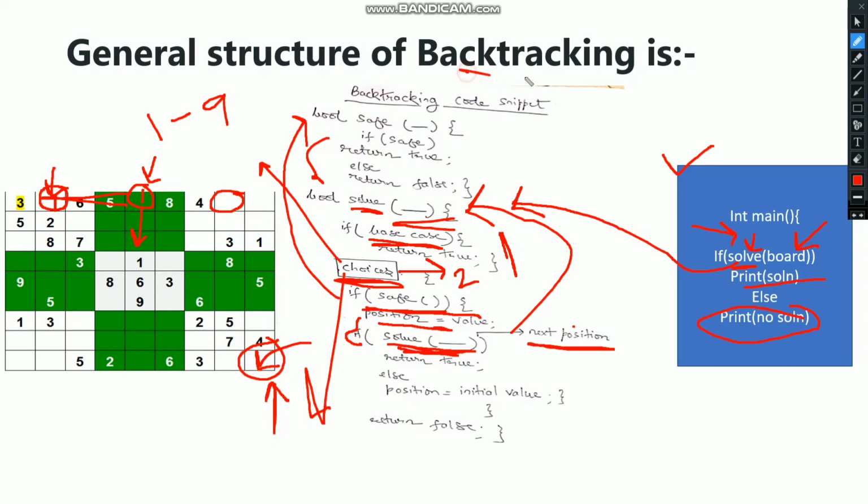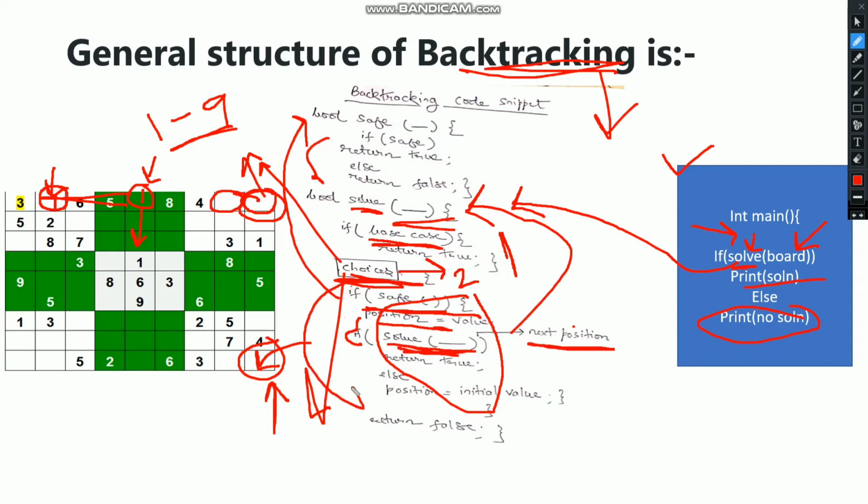So that's why backtracking is a very slow algorithm technique. Suppose in this position we have tried all the choices, from 1 to 9. This for loop basically puts in values ranging from 1 to 9. So suppose when filling this cell I have tried all the choices, it will not execute this part. It will go out of the for loop and will return false.